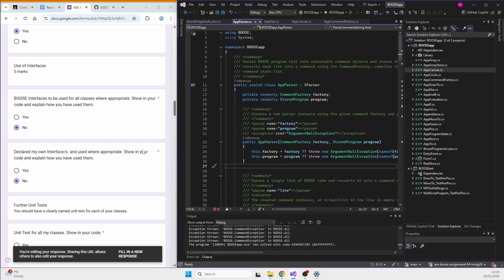I'm not really sure how much I should show for this, but for all classes. I'm pretty sure because they all use the canvas and the parser as well. So I think that's right.